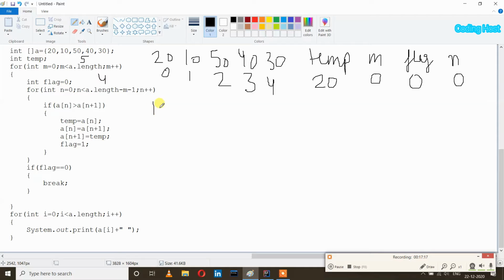So after that we will get 10 here at index 0, and after that a of n plus 1 equal to temp. So now at this index we will store the element present in the temp variable. So now at index 1 we will get 20. So we have swapped the values of 20 and 10, and the rest of the values remain as they are: 50, 40 and 30.